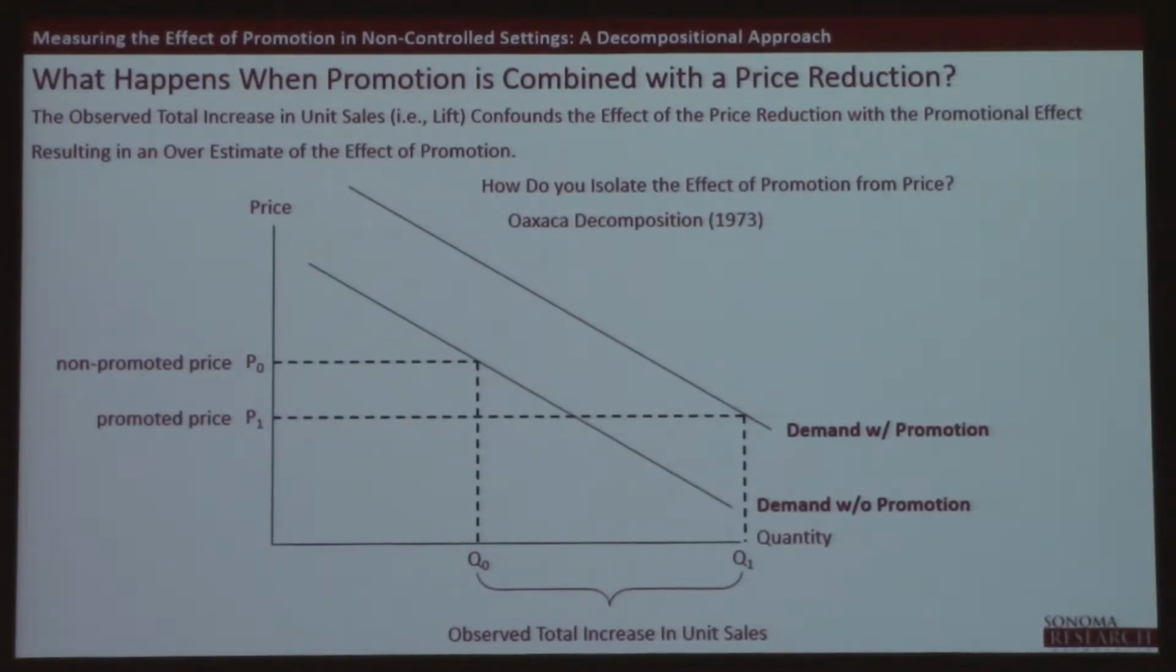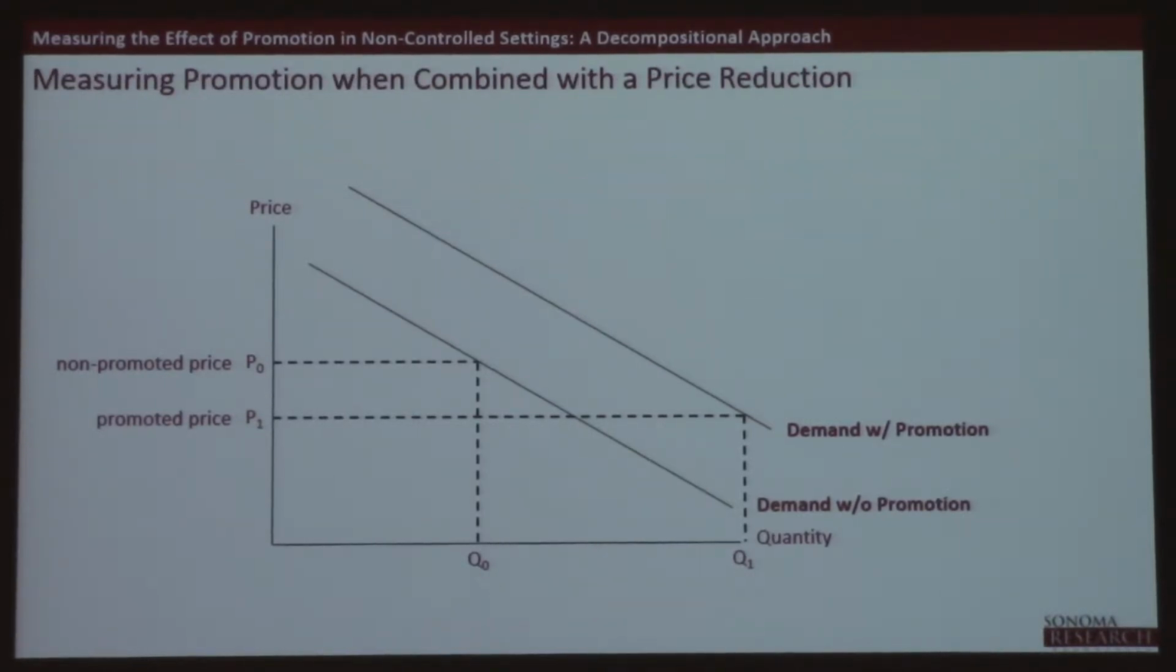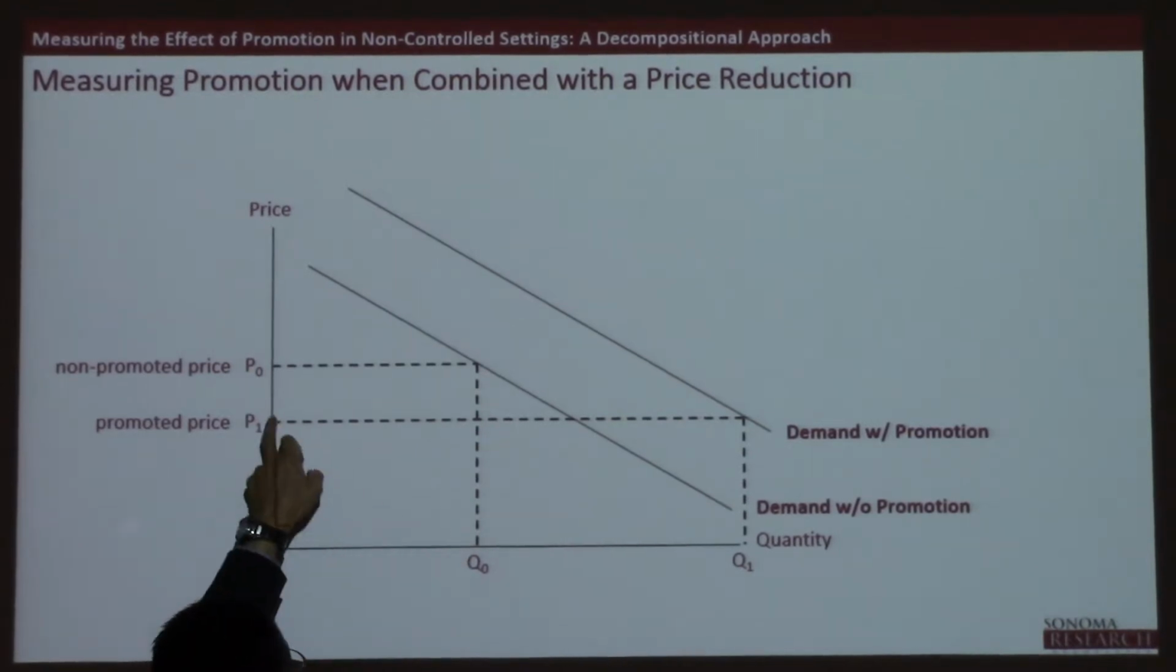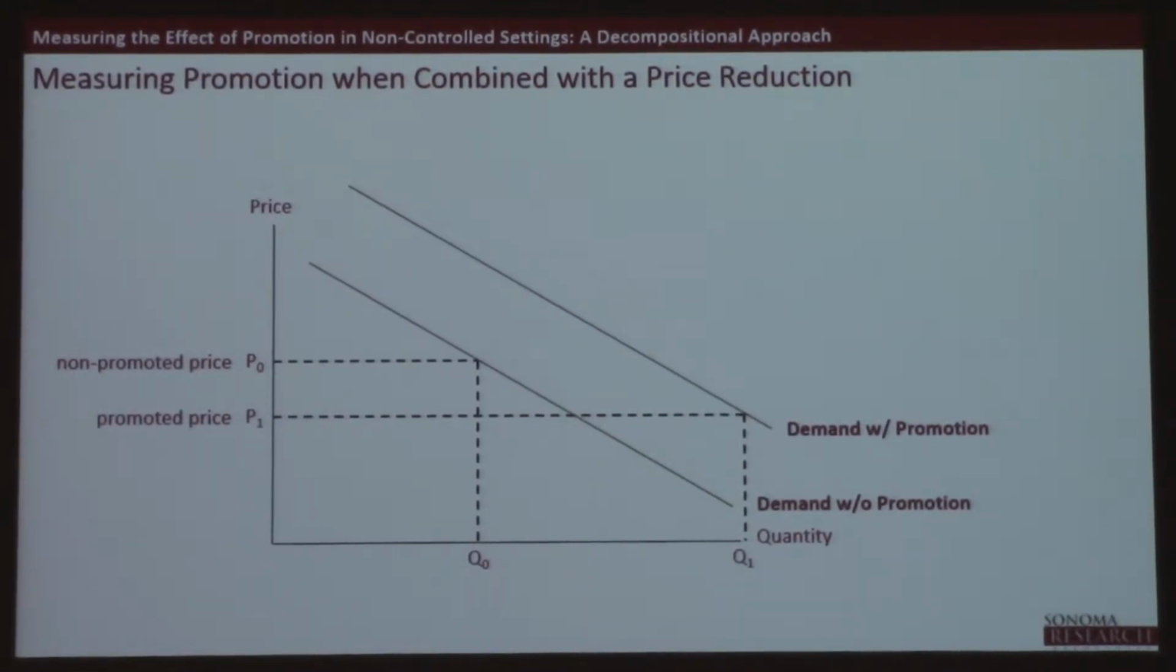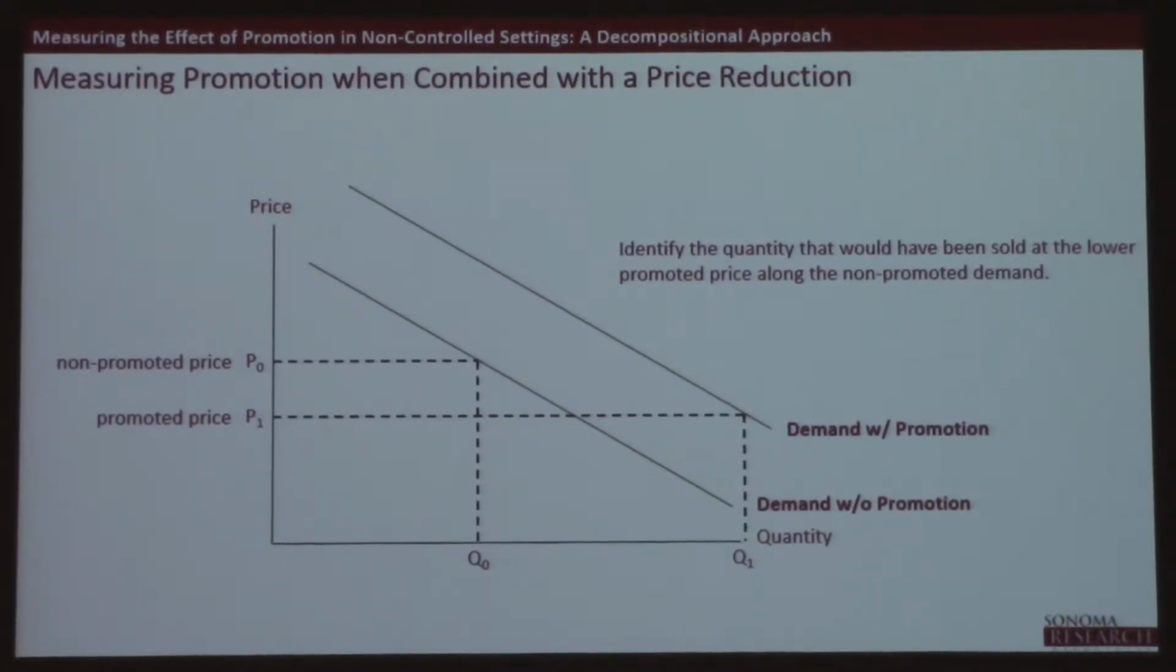So as soon as I drew this picture, I thought, okay, this is a decomposition problem. Basically what he does is he says, remember, all we observe are two things. We observe this price and this quantity, this price and this quantity. What we can do, however, since we are running regressions, is analyze points that never really exist in the data. We can forecast. That's the whole idea of predictive analytics, to use the model to predict what would have happened in these other circumstances. So what we can do is identify the quantity that would have been sold at the lower promoted